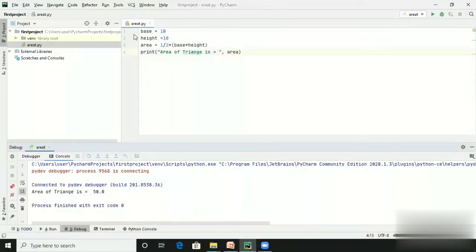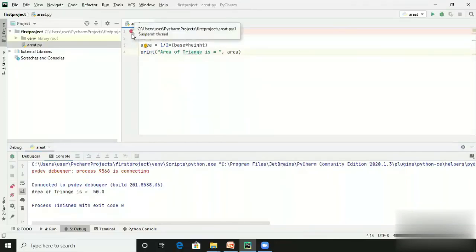To start debugging any program, the very first step is to create a breakpoint. So what do you mean by breakpoint? Suppose you have written thousands of lines of code, and your program is executing correctly up to a certain line, and after that there is a problem. So you put a breakpoint in your code so that your code will execute from that breakpoint onward. Here I'm inserting a breakpoint, which is a pink dot in my code, so that from here Python will start executing.